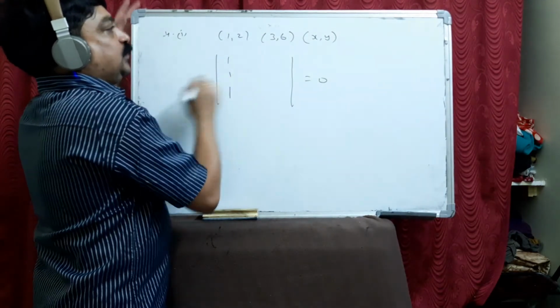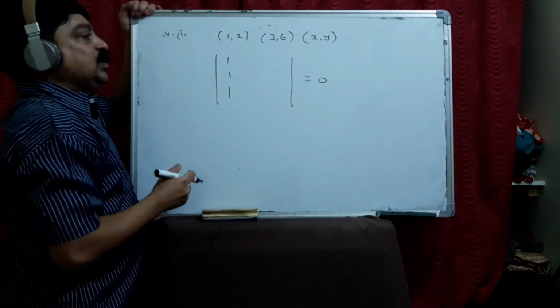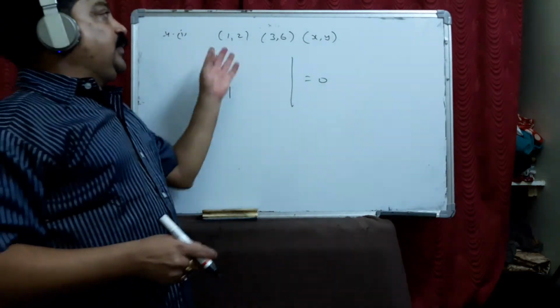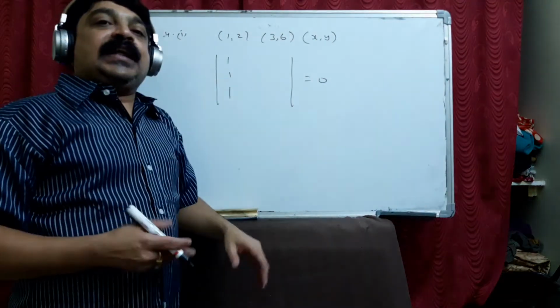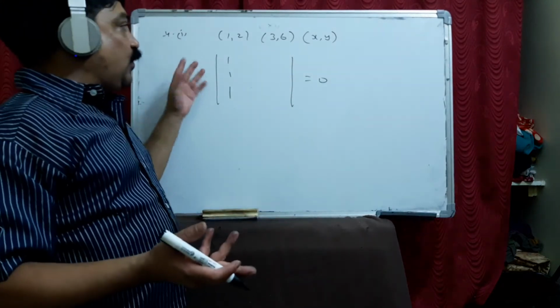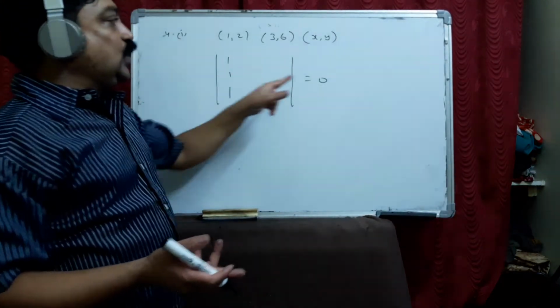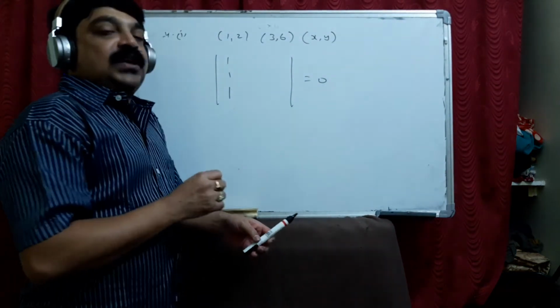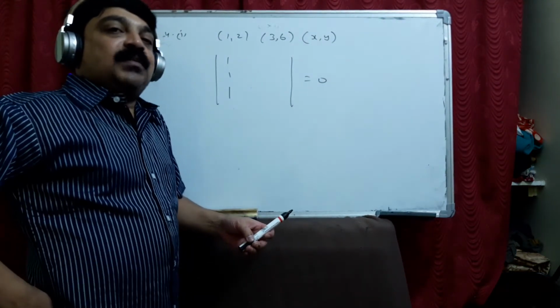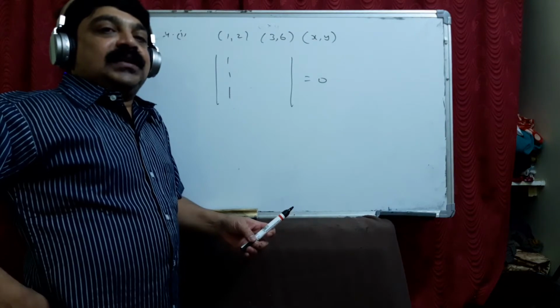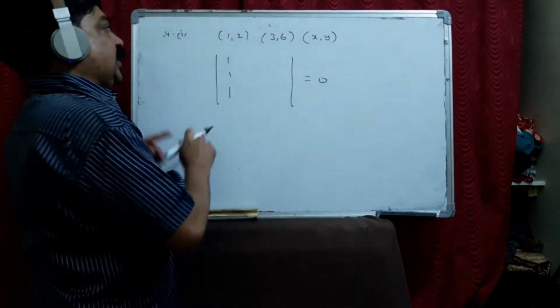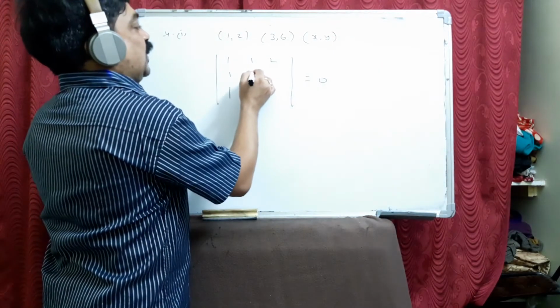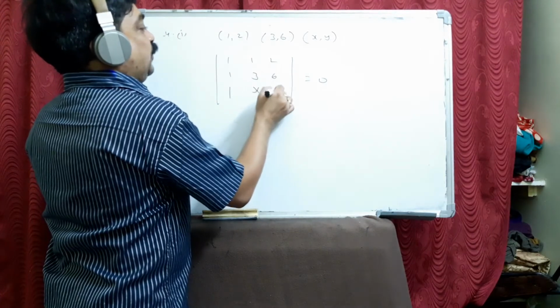Or otherwise you can take it like, when 3 points are lying on a line, area is equal to 0. The same area formula, when you write 1 by 2, 2 will cross multiply and becomes 0. So to write an equation of a line, you have to take the third vertex as x comma y and then make the collinear condition. Give the collinear condition: 1, 2, x1, y1, x2, y2, x3.